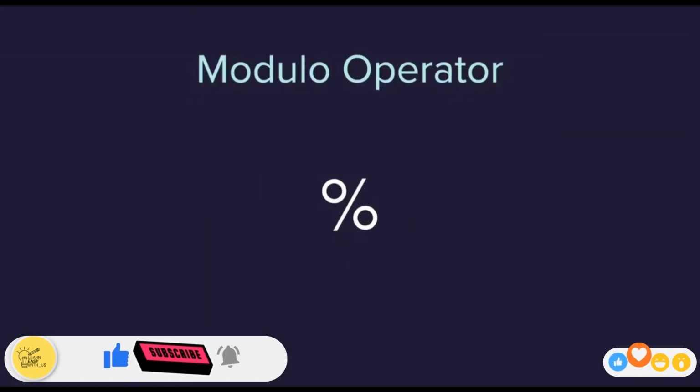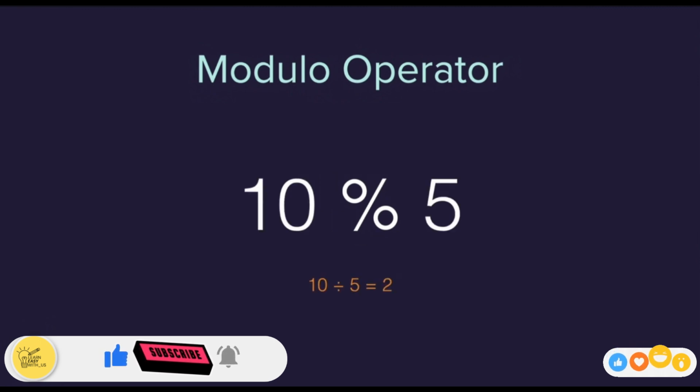All right, in this lesson, we're going to learn about a new operator. So similar to the other mathematical operators and the conditional operators, an operator is just a symbol in programming that has a specific function. So what is the modulo operator? Well, it looks a bit like a percentage sign, but it's not just a percentage sign. Instead, it goes in between two numbers, so hence a binary operator, and it works out what is the remainder